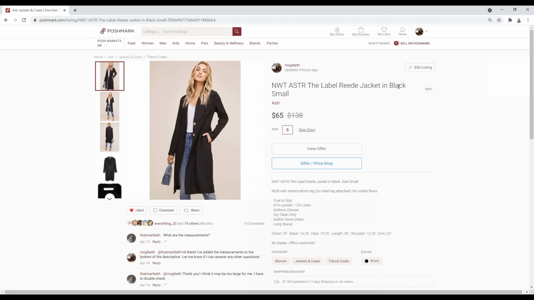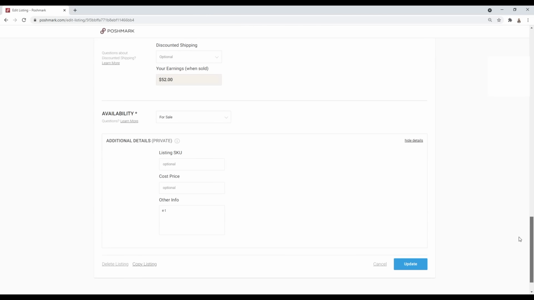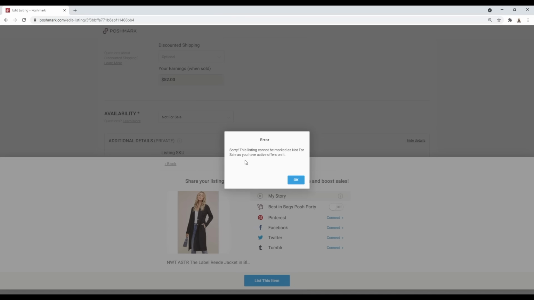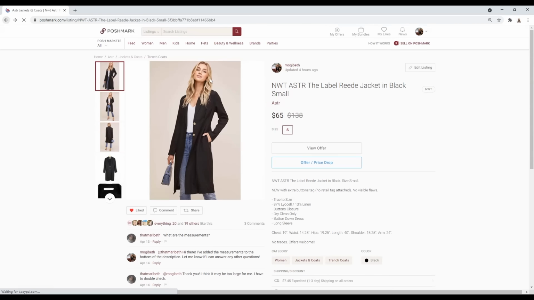And so if I were just to go in here and try to mark it as not for sale, I would receive this error message saying, sorry, this listing cannot be marked as not for sale because you have active offers on it. So what I'll have to do in order to mark the item as not for sale so it doesn't sell because it already sold on another platform is go in here,